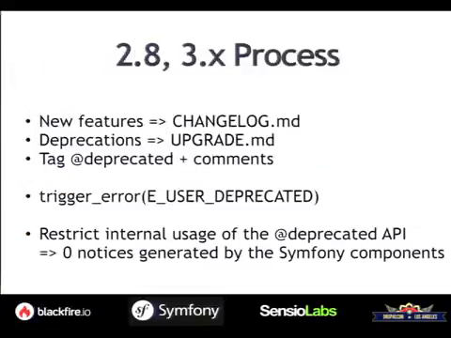And then what we're going to change now is that we realized that adding all those notices at the end, so we added and we deprecated stuff since Symfony 2.3, so in 2.4, 2.5, 2.6, 2.7, it's really a nightmare to add all those notices after the fact. So for Symfony 2.8 and for any version of 3.x really, whenever we add a new feature, we will add the deprecated tag right away so that we don't have to do that in 2 or 3 years from now.